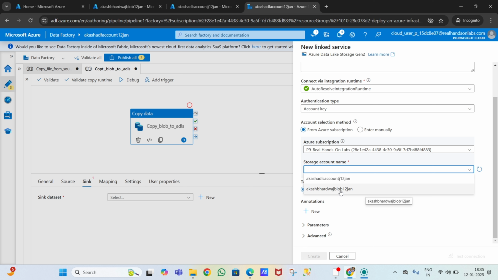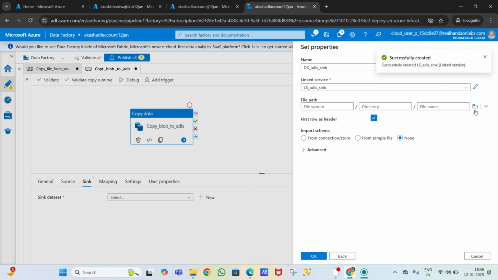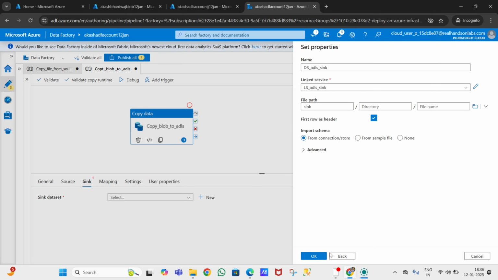That's the reason I'm telling you, always remember naming convention. Now you can see Akash ADLS account 12th Jan. I will click on this, test connection, create. Now we'll give the sync, click on sync because we want to copy files into the sync container. Okay, and click on OK.